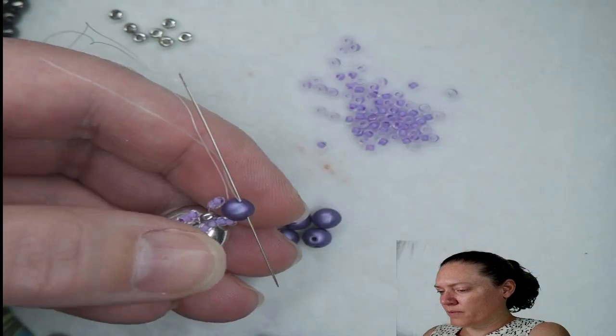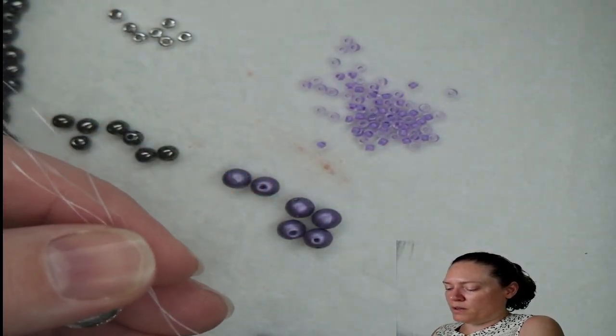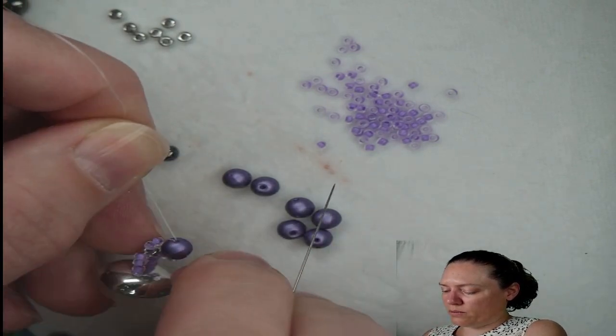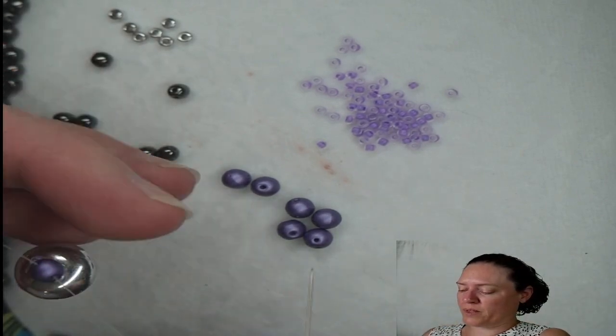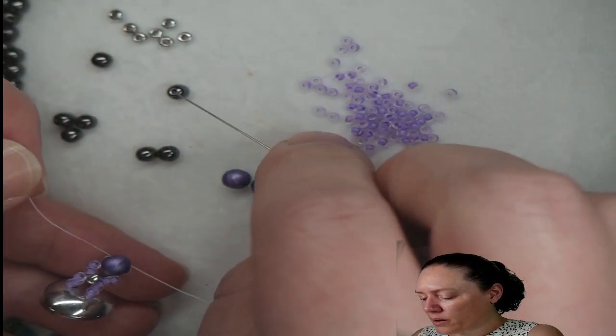Like that. You will have some thread that will be exposed on the side of the RounDuo. However, at the end of this, we're going to be adding the extra beads to the sides and everything, so you're not going to notice it very well. So for this next part, we're going to pick up RounDuo Mini,